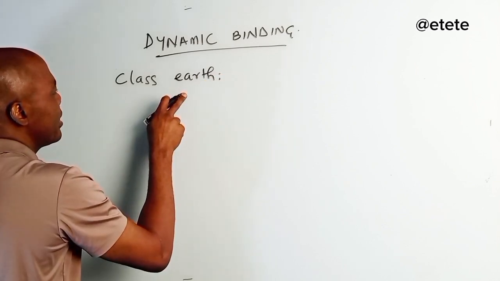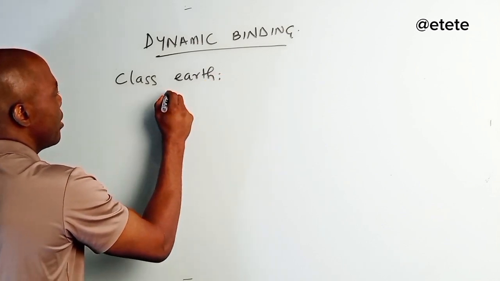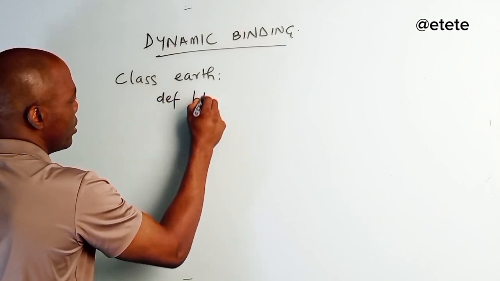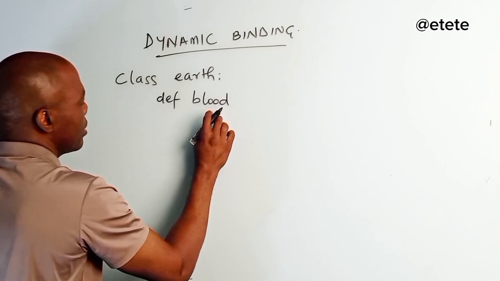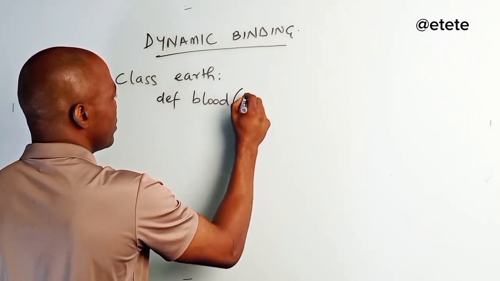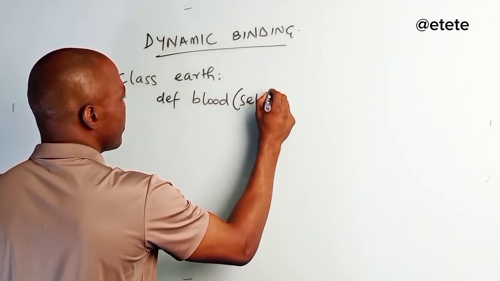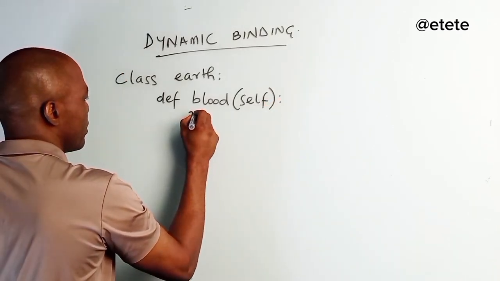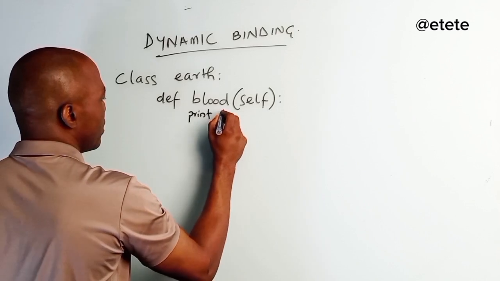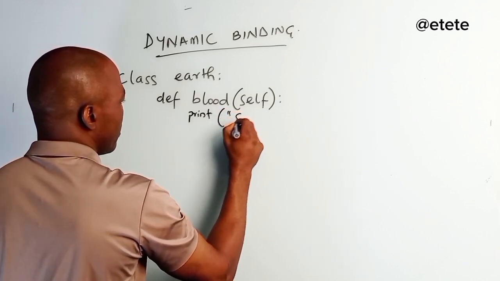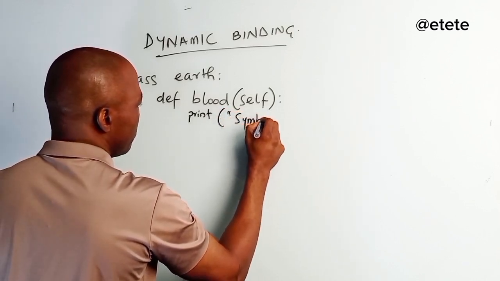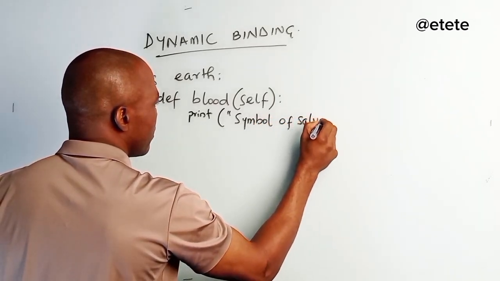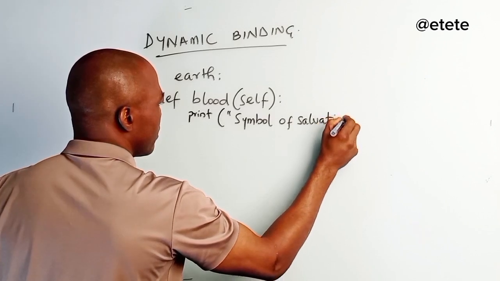Then inside this class, we define a method, def, I will call it blood, with self, and then we close this. Then we say print, symbol of salvation,